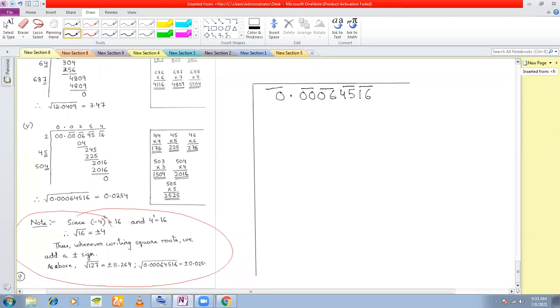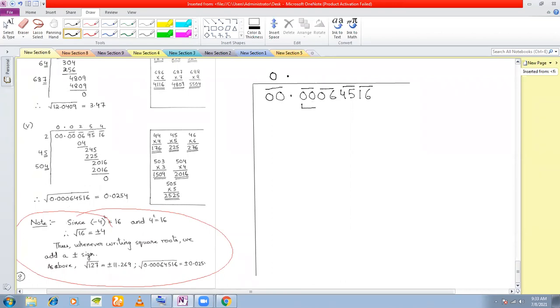Before the decimal also you pair. You have nothing here, you give a 0 here. So this pairing is complete. Now you've got a 0 here, so now you don't have anything to do. You just insert a 0 here and you insert a decimal here. We start with this pair here.